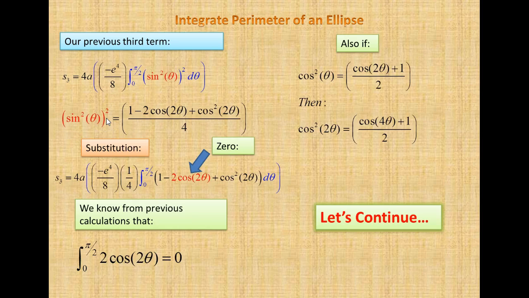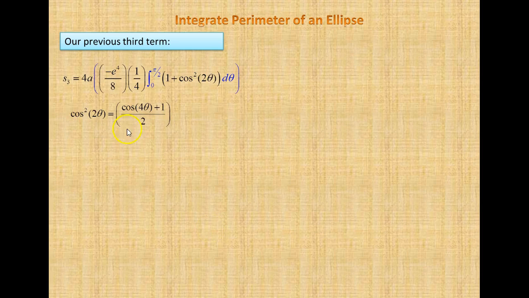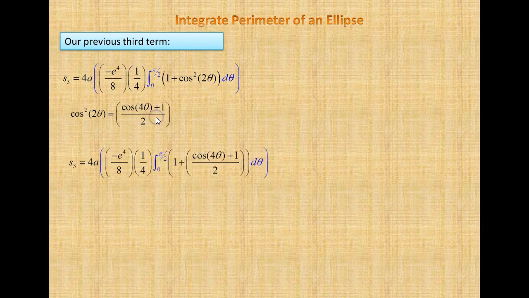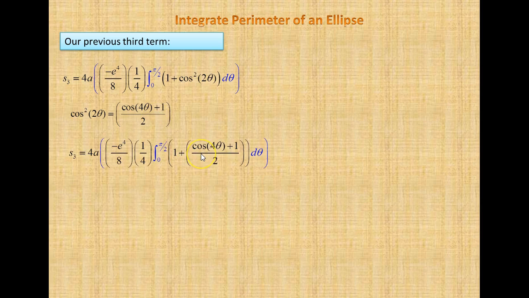And what we did was we substituted, this is 0, and cosine squared 2 theta is equal to cosine 4 theta plus 1 divided by 2, okay? So now we have here's our previous equation, and here's our new identity, and we substitute in there, right there, our new identity,